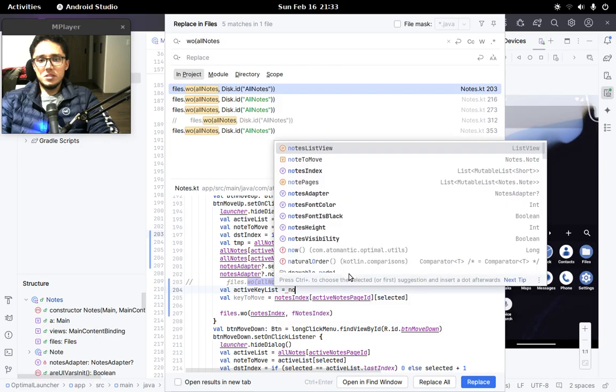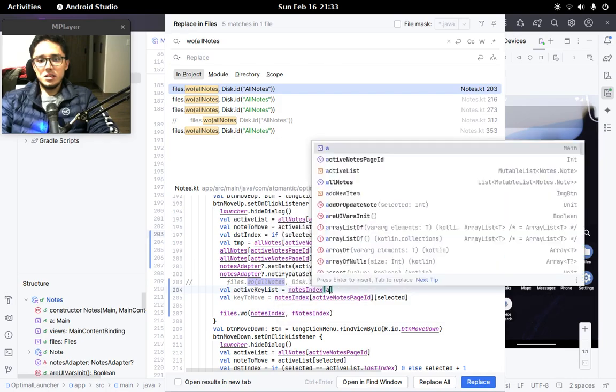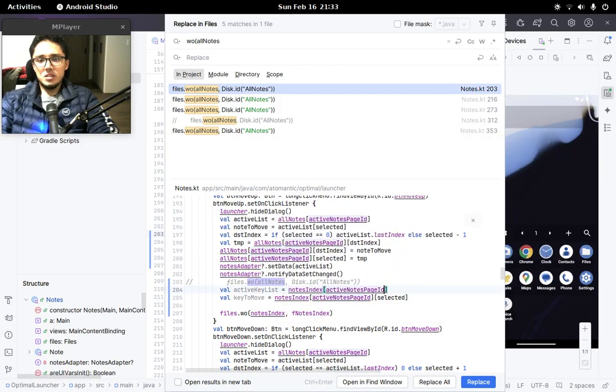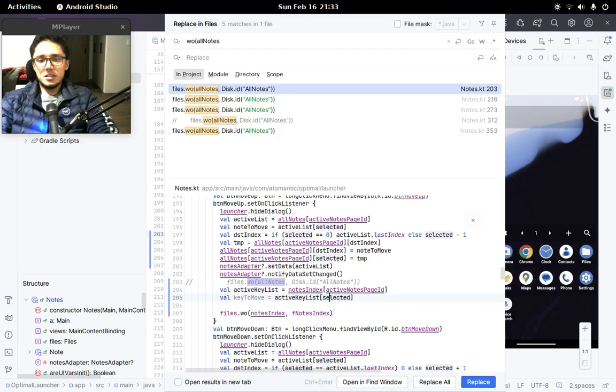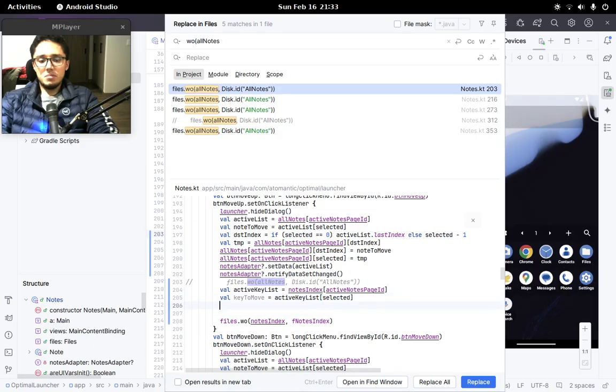And that's nodes index, active nodes page ID, and key to move is active key list, selected, destination index. Then we're gonna do a temp,